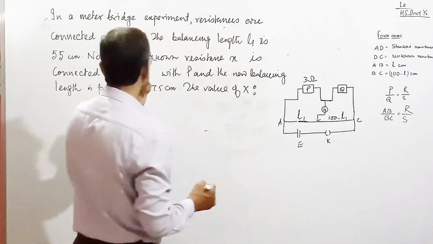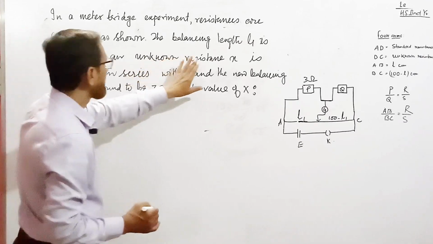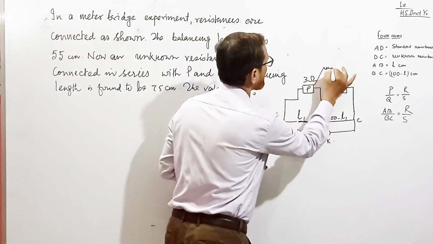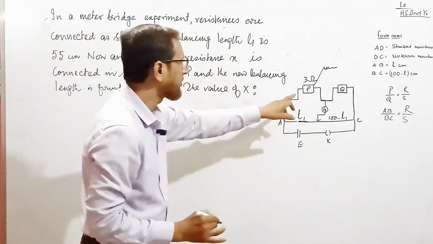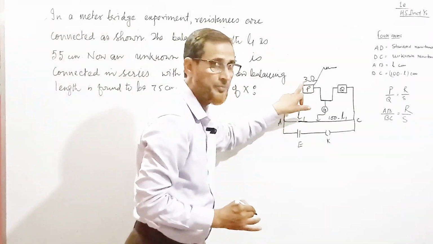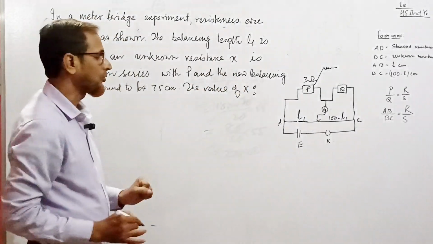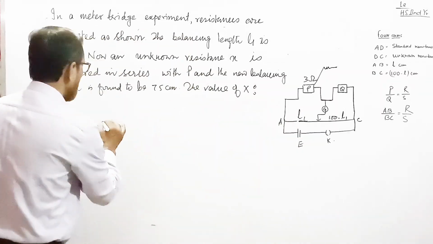And after this, what happened? A new unknown resistance X is connected. A new resistance is connected, and this connected resistance is in parallel with this resistance, with 3. Am I right? And what is that unknown resistance? It is not known. Before coming to the second part, first, what we know is equal to